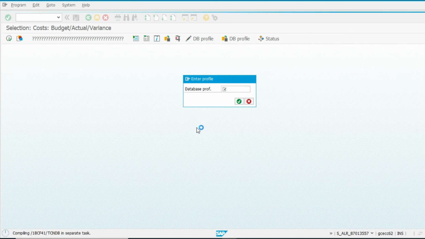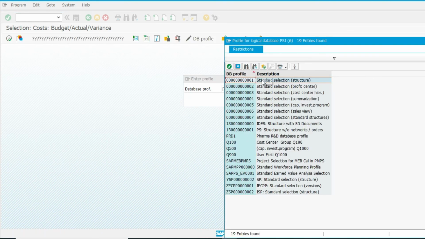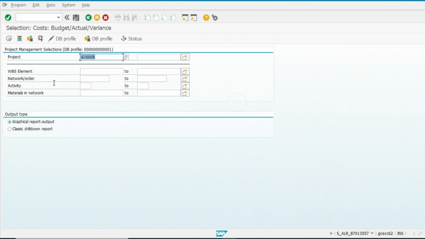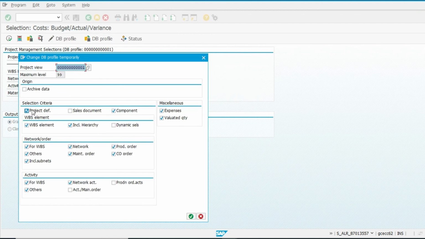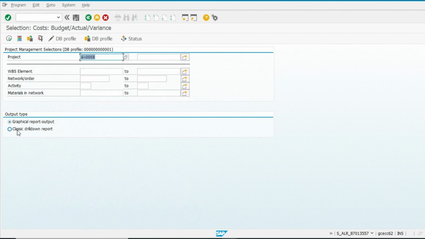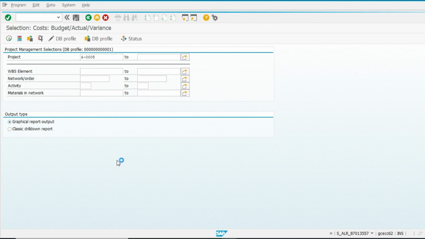Database profile, standard structure, go. In the DB profile, we can select what we want to see. This is what we want to include: sales document, WBS element, including hierarchy. If we want to remove it, we can.